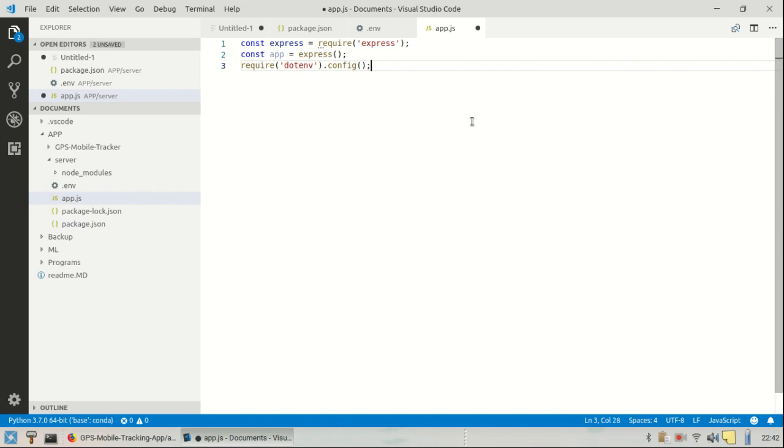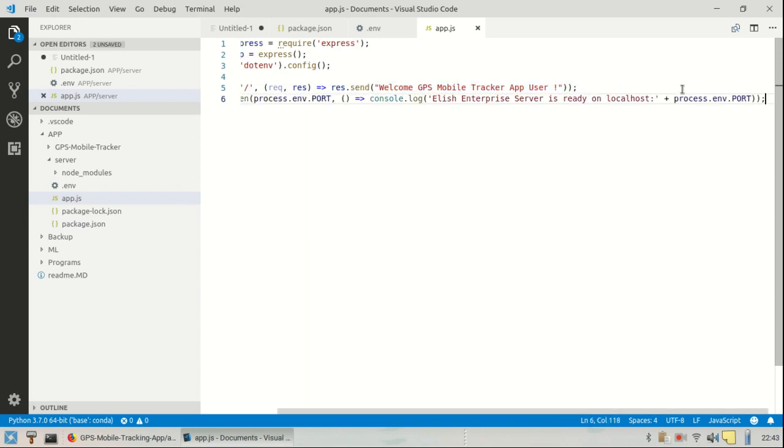Next thing is let's create an app.use. What app.use is going to do is initialize that express package and listen to the routing. Right now it's a blank routing, and whatever request comes to this one, app.use is going to reply back with a message saying welcome GPS mobile tracker app user. And the last thing I will need is